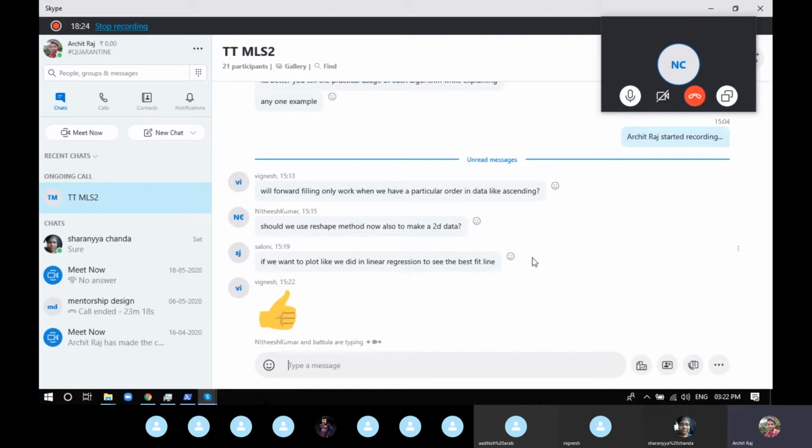If you're not giving the reshape and you're trying to train the model, you'll get an error saying the data set is considered to be 2D, but you're giving it 1D. Reading that line, you'll know that you have to provide 2D data and you're providing 1D data. So use the reshape.